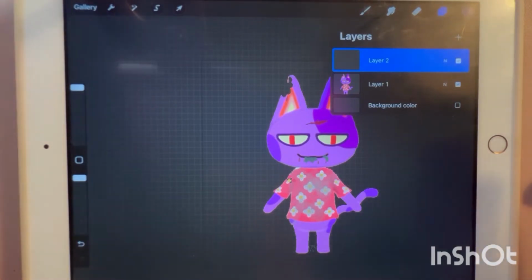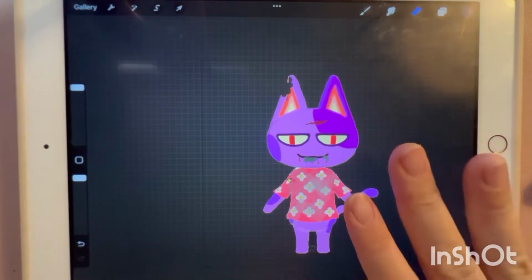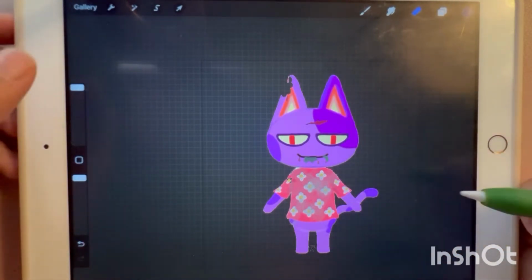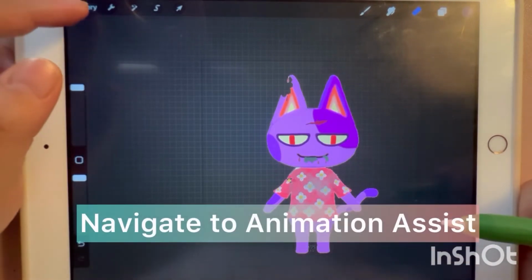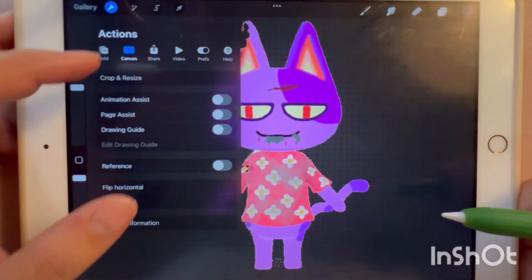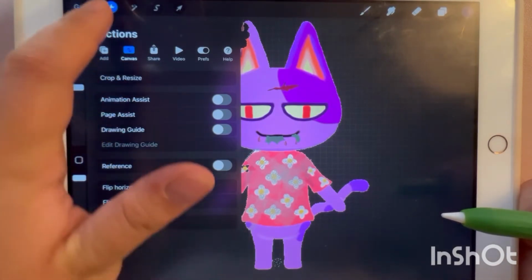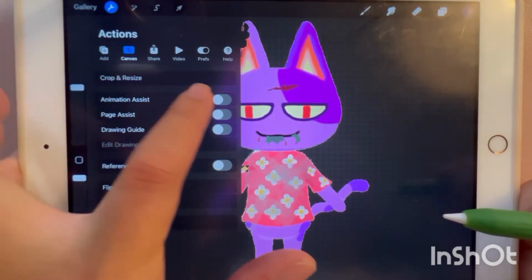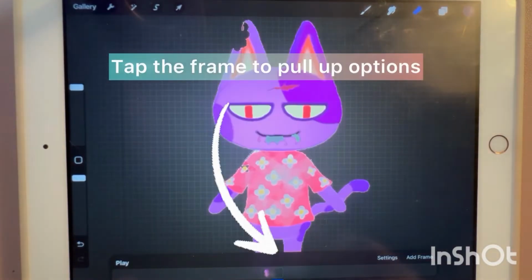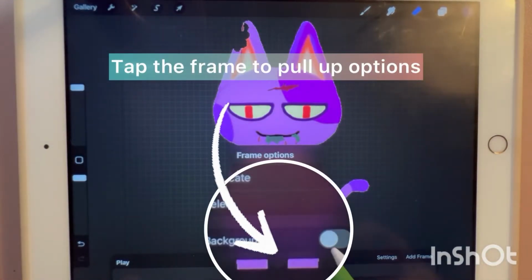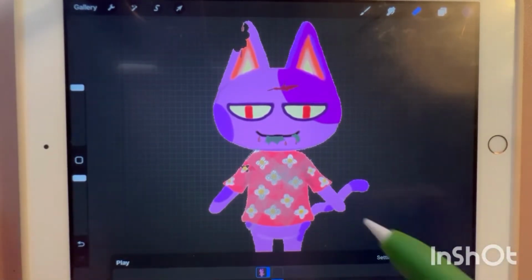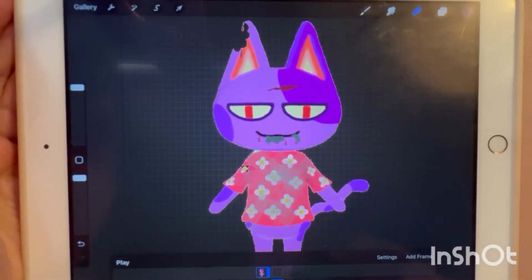So Bob right now is not going to be moving. We're going to keep him in the background. So using the animation assist, which is right here under the wrench, under canvas, animation assist, you turn this on, you can choose Bob to be a background. And so nothing will ever change with Bob. He is always in the background. We are going to draw